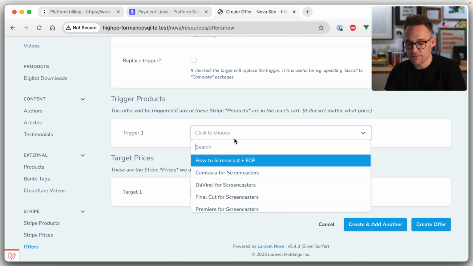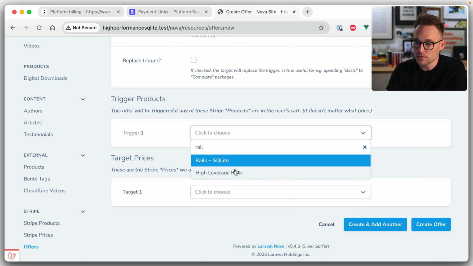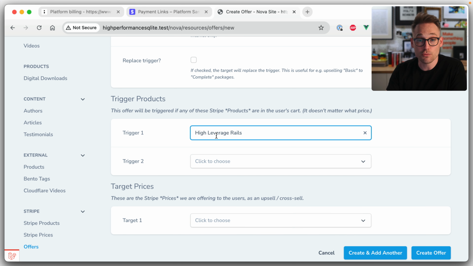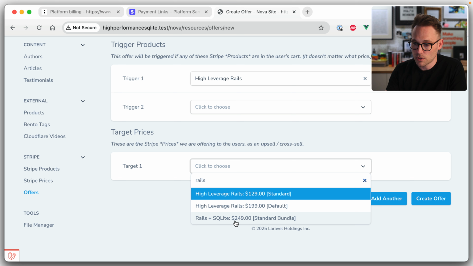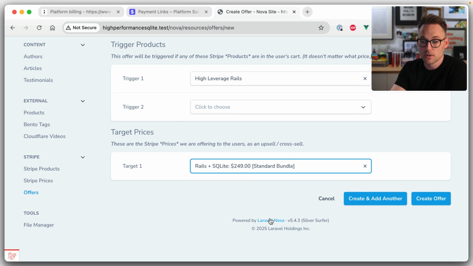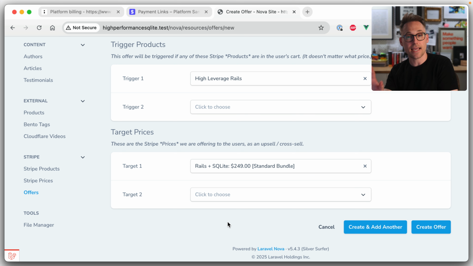Okay, so if they are buying Rails, they're buying High Leverage Rails, which is the name of the course. We want to offer them, let's say, the Rails plus SQLite standard bundle. And in this case, if they are checking out with High Leverage Rails in their cart, we want to say,